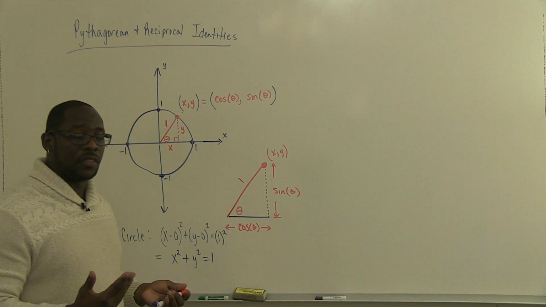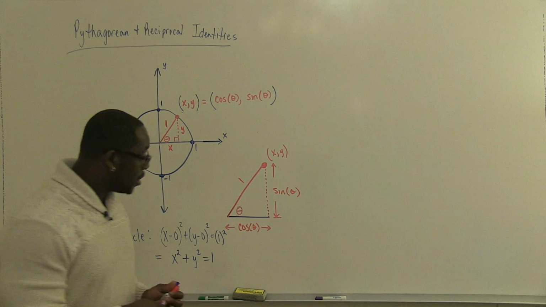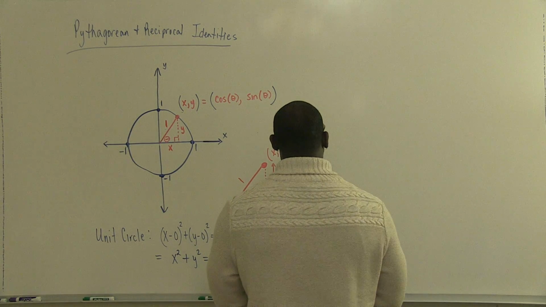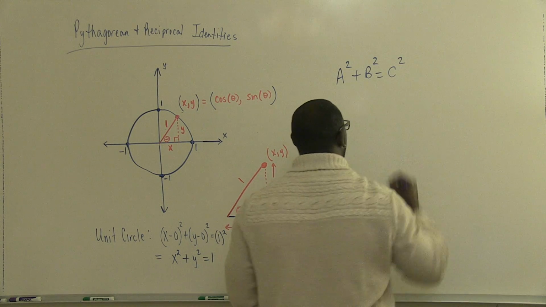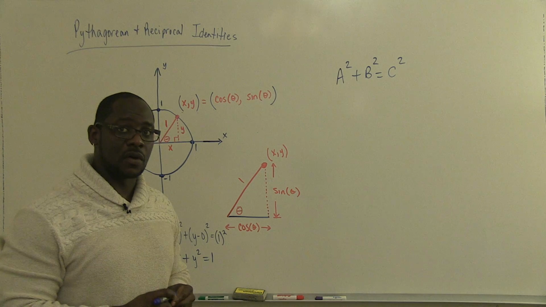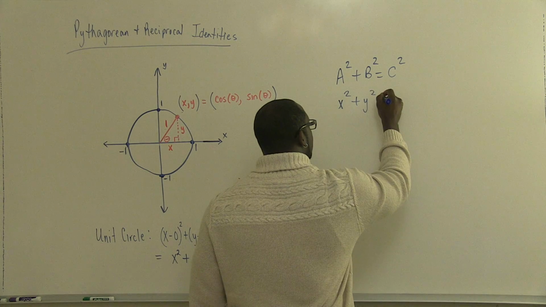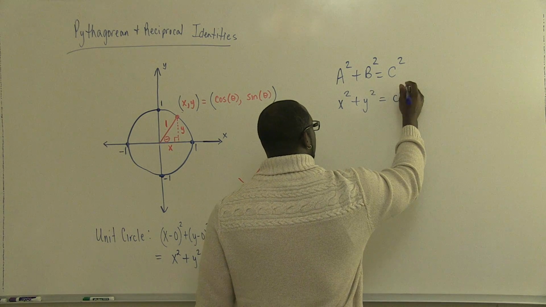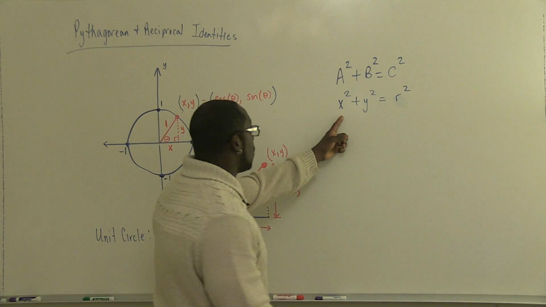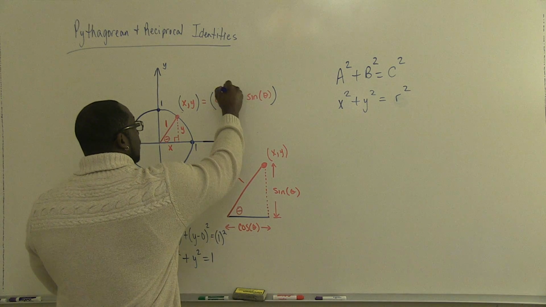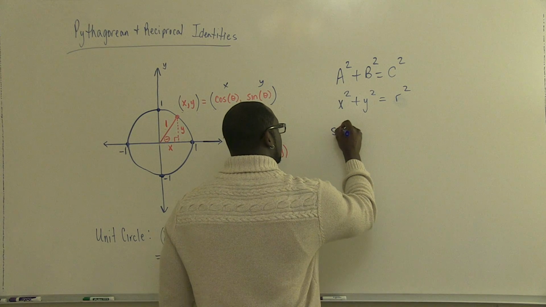Now, we know that the Pythagorean theorem tells us the relationship in between the sides for any right triangle. So if we come and write that, we know that that's a squared plus b squared equals c squared. We pretty much learn it that way when we start off. In this case, we would be doing x squared plus y squared equals, in this case, r squared. And of course, x is going to be cosine theta, y is going to be sine theta. So if we come and do that, then this would be